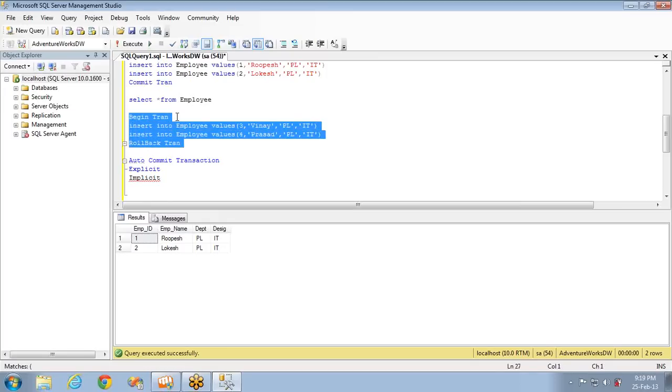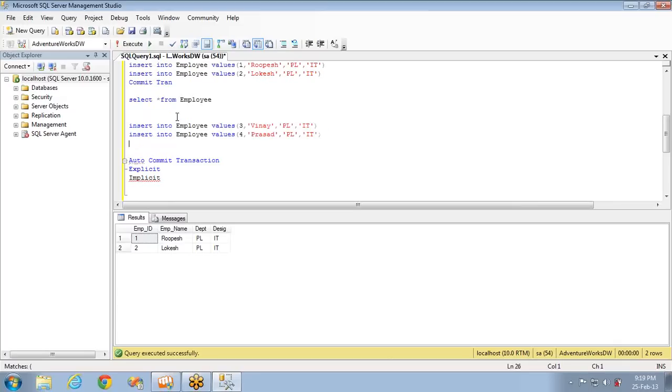If you don't specify that, it will treat each and every T-SQL statement as a single transaction, and we call it an auto commit transaction. If a statement is successful, it will be inserted, which means it is committing. If it fails, it will be rolled back.